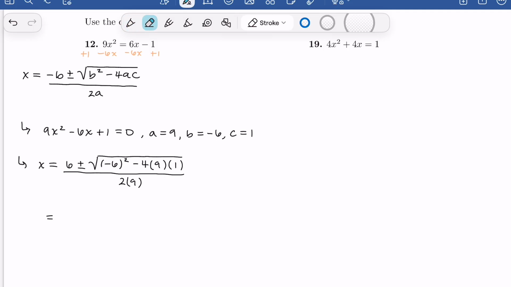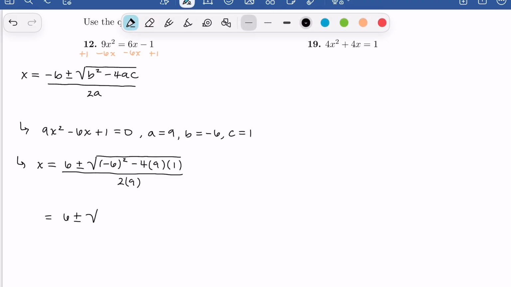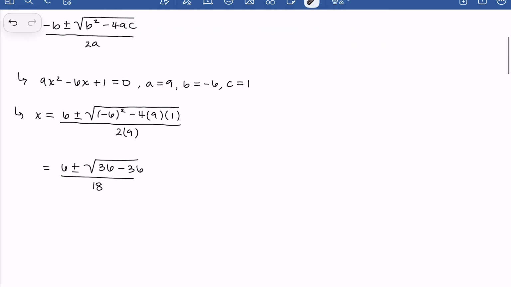Underneath, this is a positive 6. Underneath our square root here, we're going to end up with a positive 36 since a negative 6 squared gives us a positive value. And then we're going to have a minus 4 times 9 times 1, which gives us a positive 36 as well. So underneath our square root, we're going to end up with 36 minus that positive 36 value all over 18. So this is actually just going to be the square root of 0,